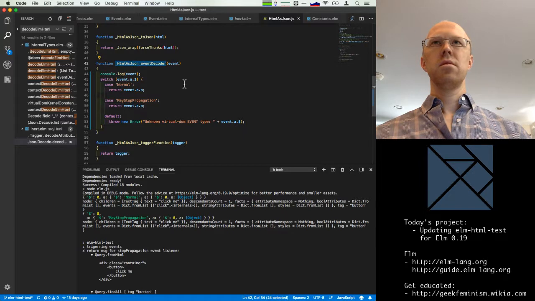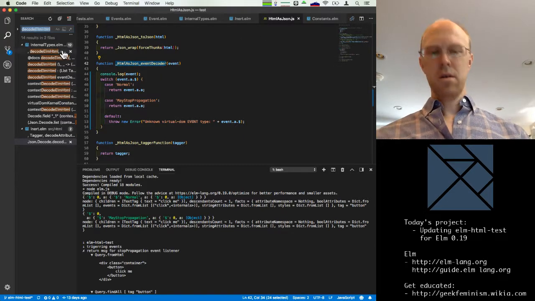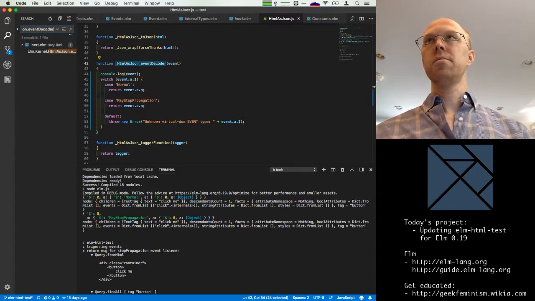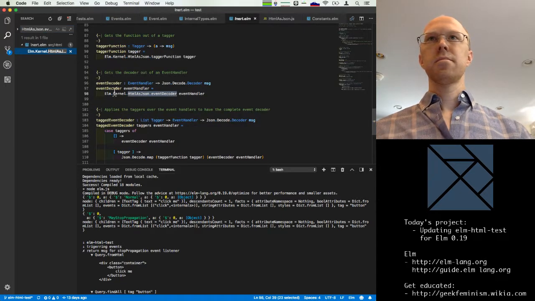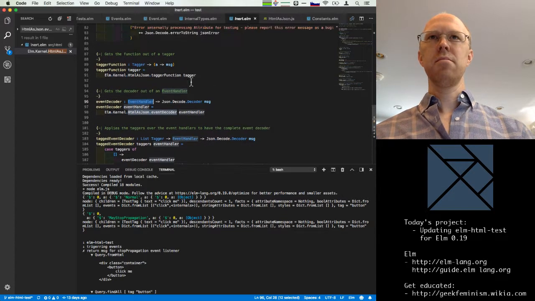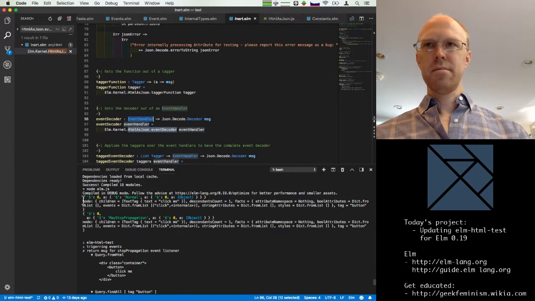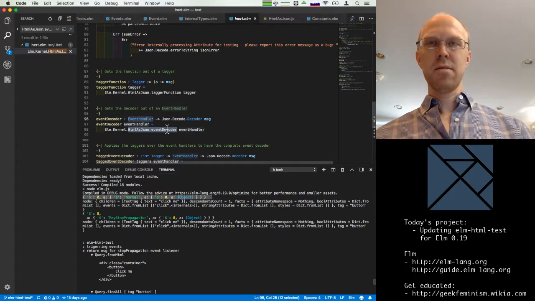So this event decoder, HTML as JSON event decoder, now should have a different type. So this takes an event handler. I'm not sure what that is, but it's this JavaScript object that we've been looking at.